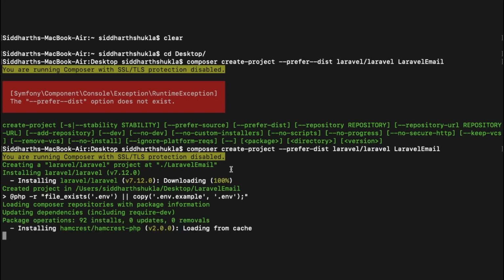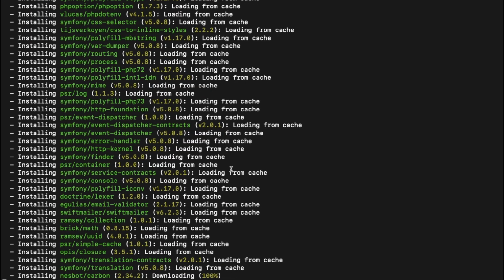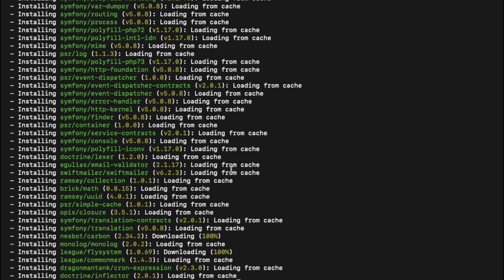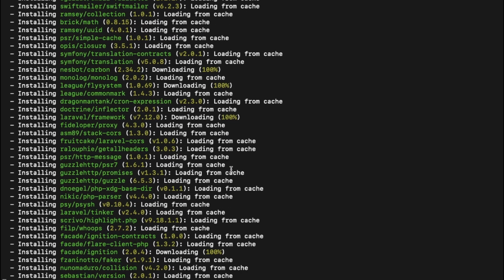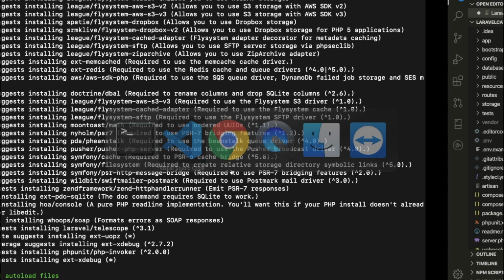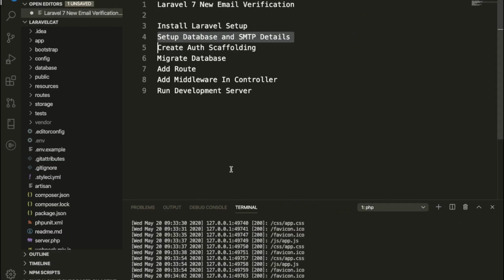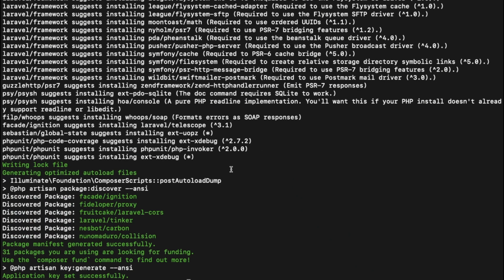Yes, this is taking a little bit of time now also. So once this is also done, then what we need to do, we need to go inside our env file. Then we need to put information about my user ID and password for sending email. Okay, meanwhile, yes, this is done. I'm going to use my existing one.